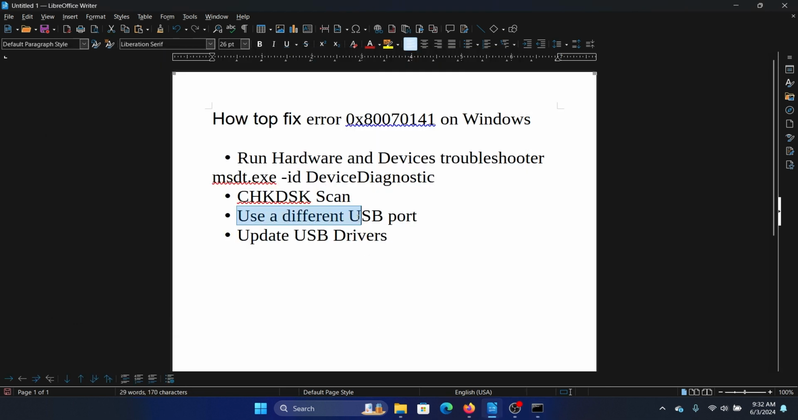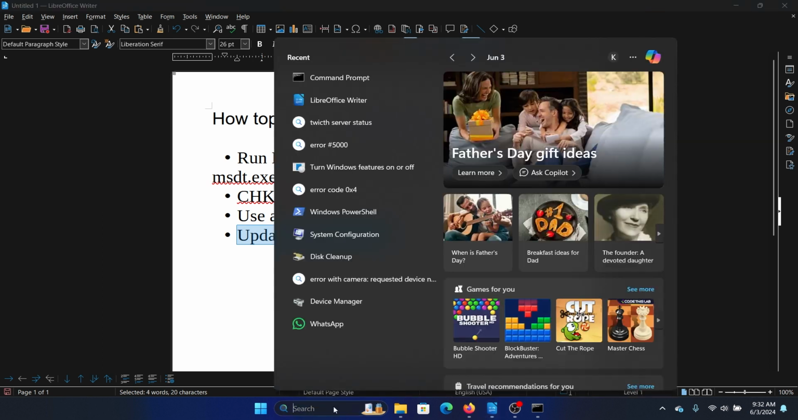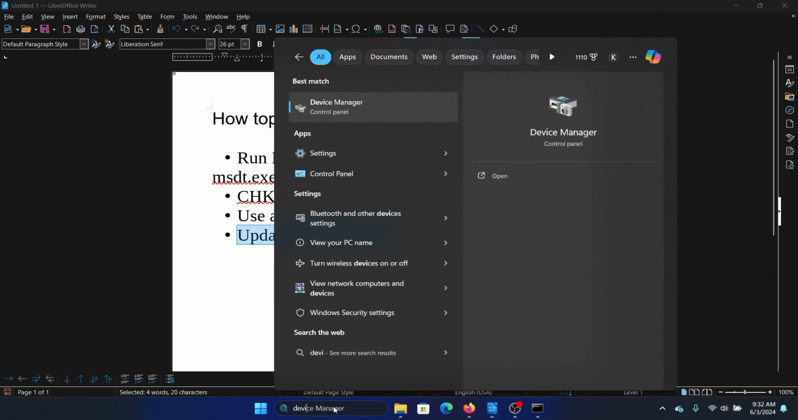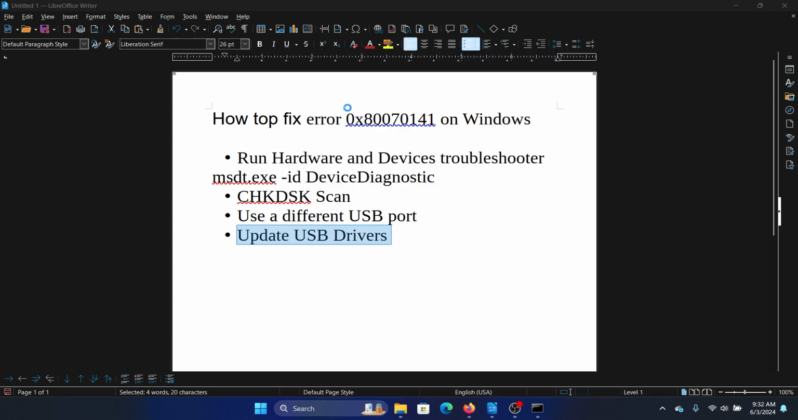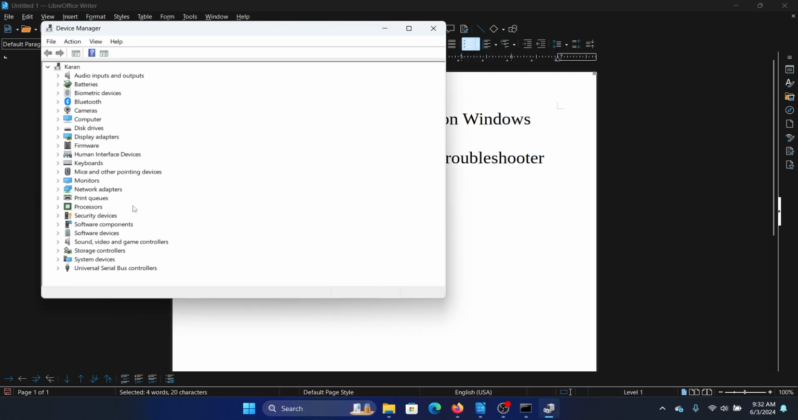Now the next solution is to try using a different USB port because there is quite a probability that there could be an issue with the USB port itself, and if it works then the last solution will be to update the USB drivers. Search for device manager in the Windows search bar and open the device manager, and now